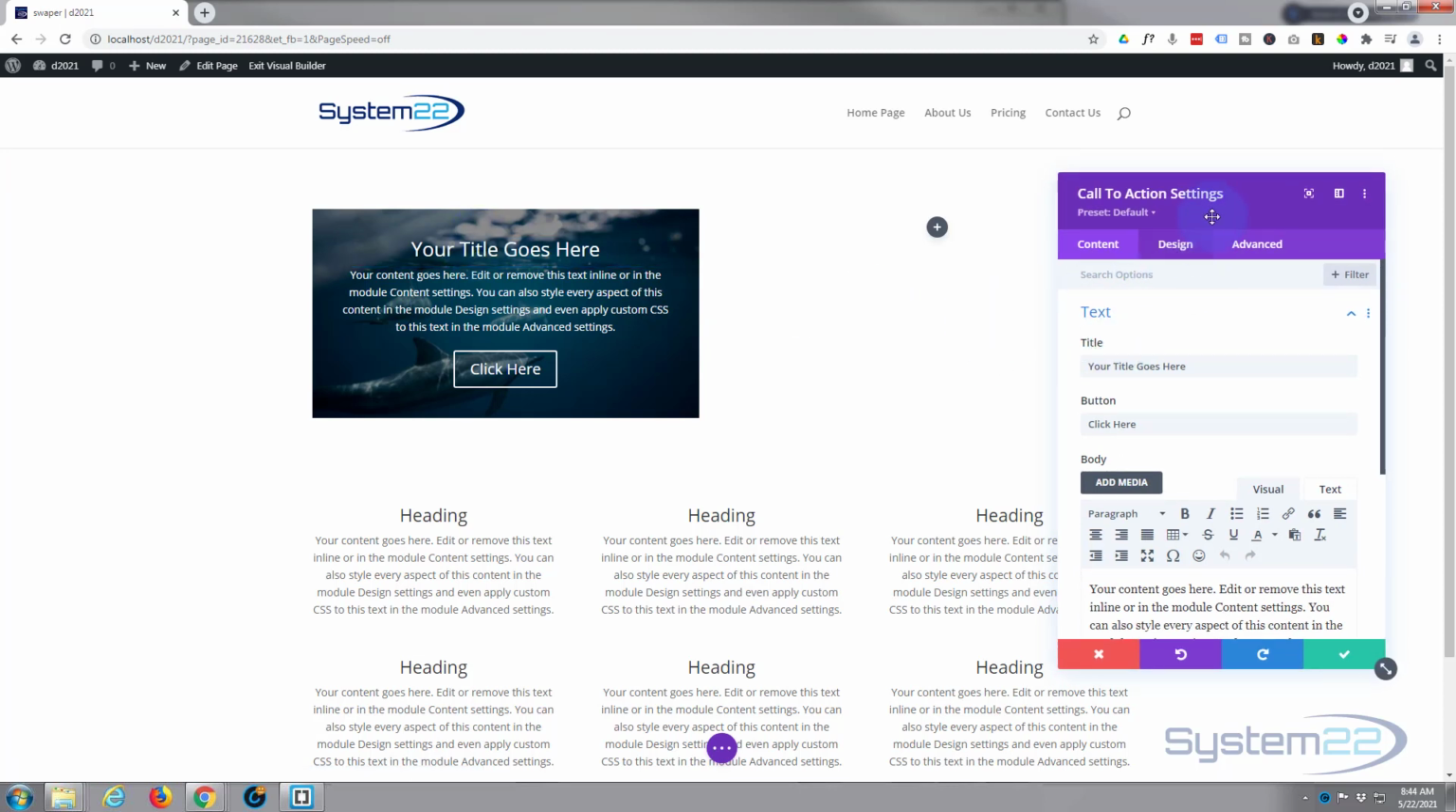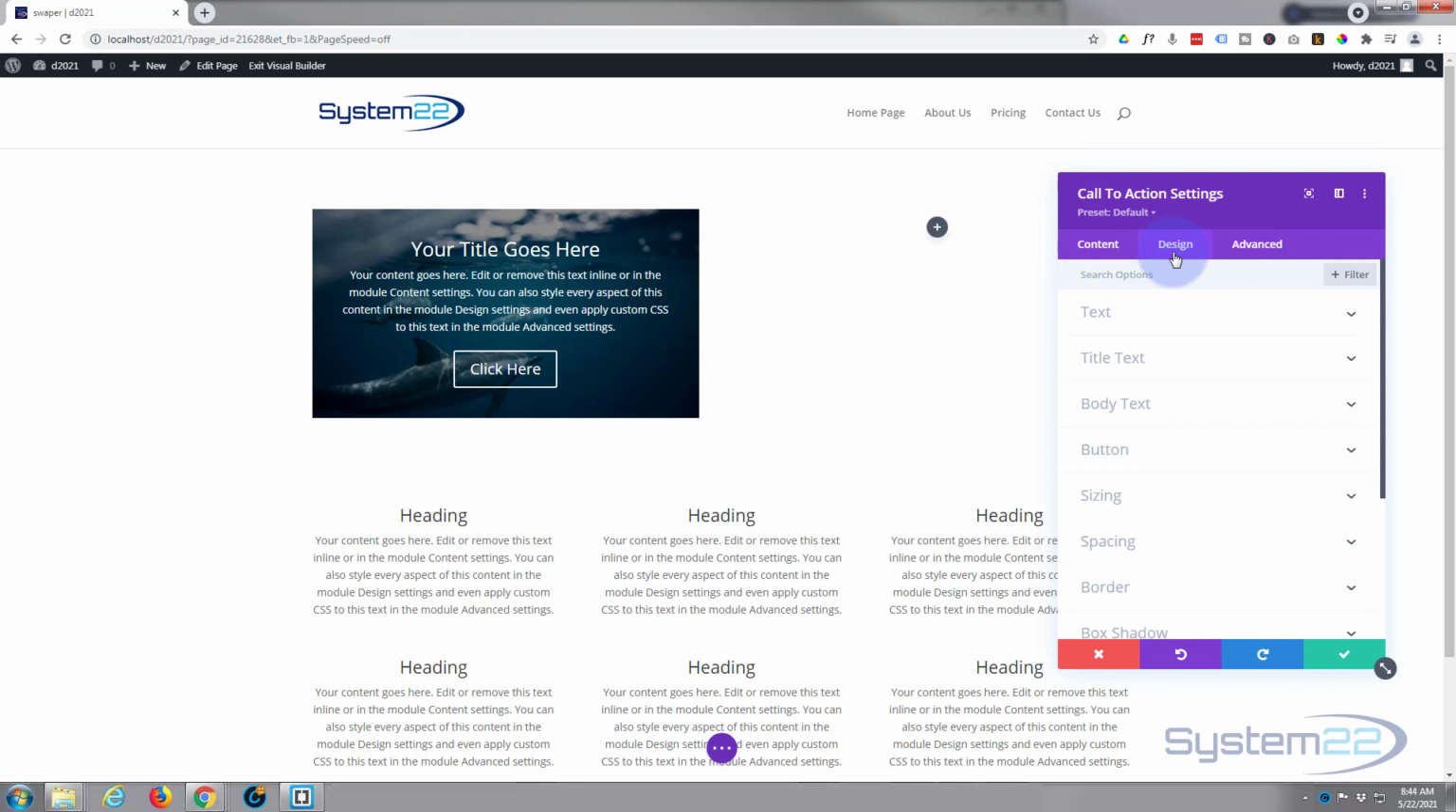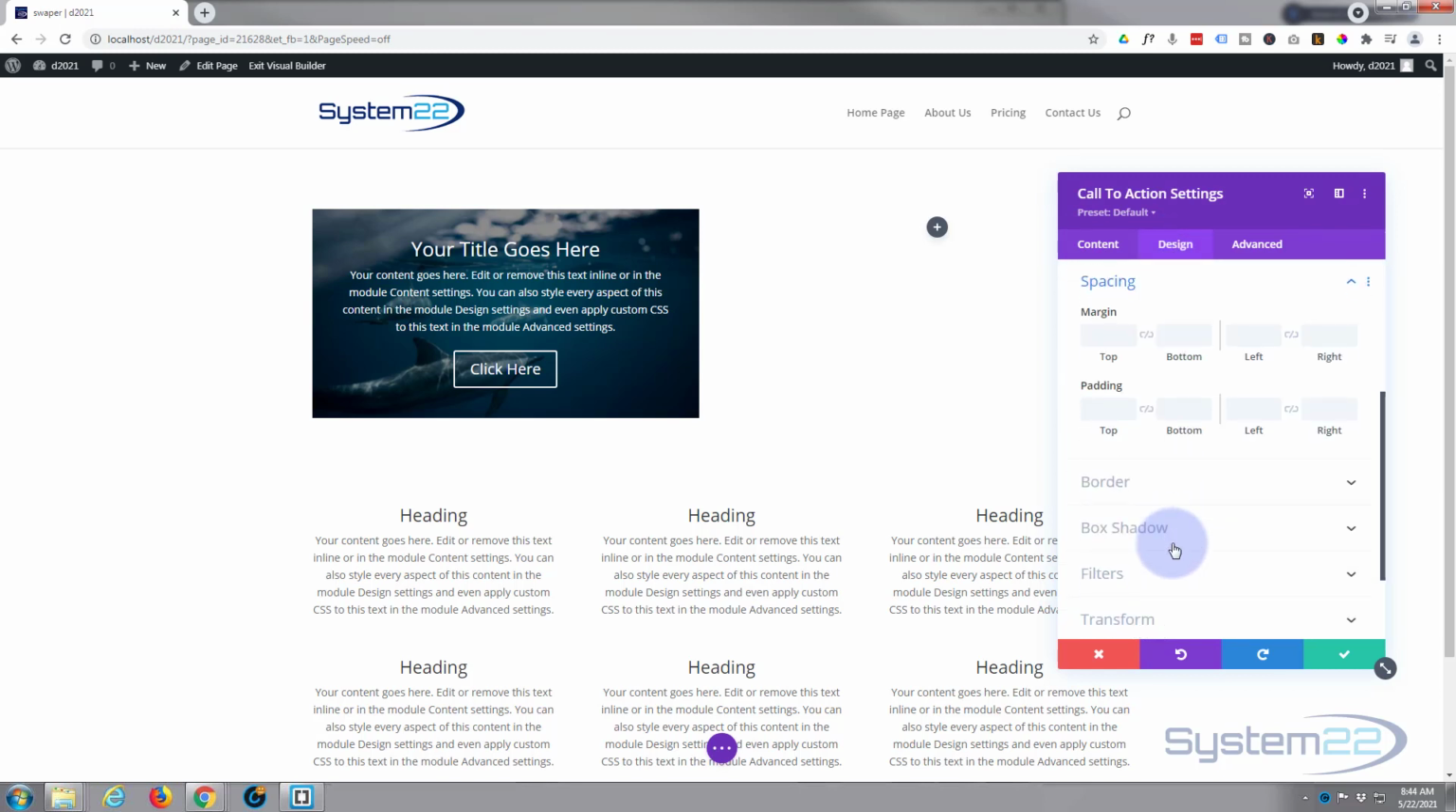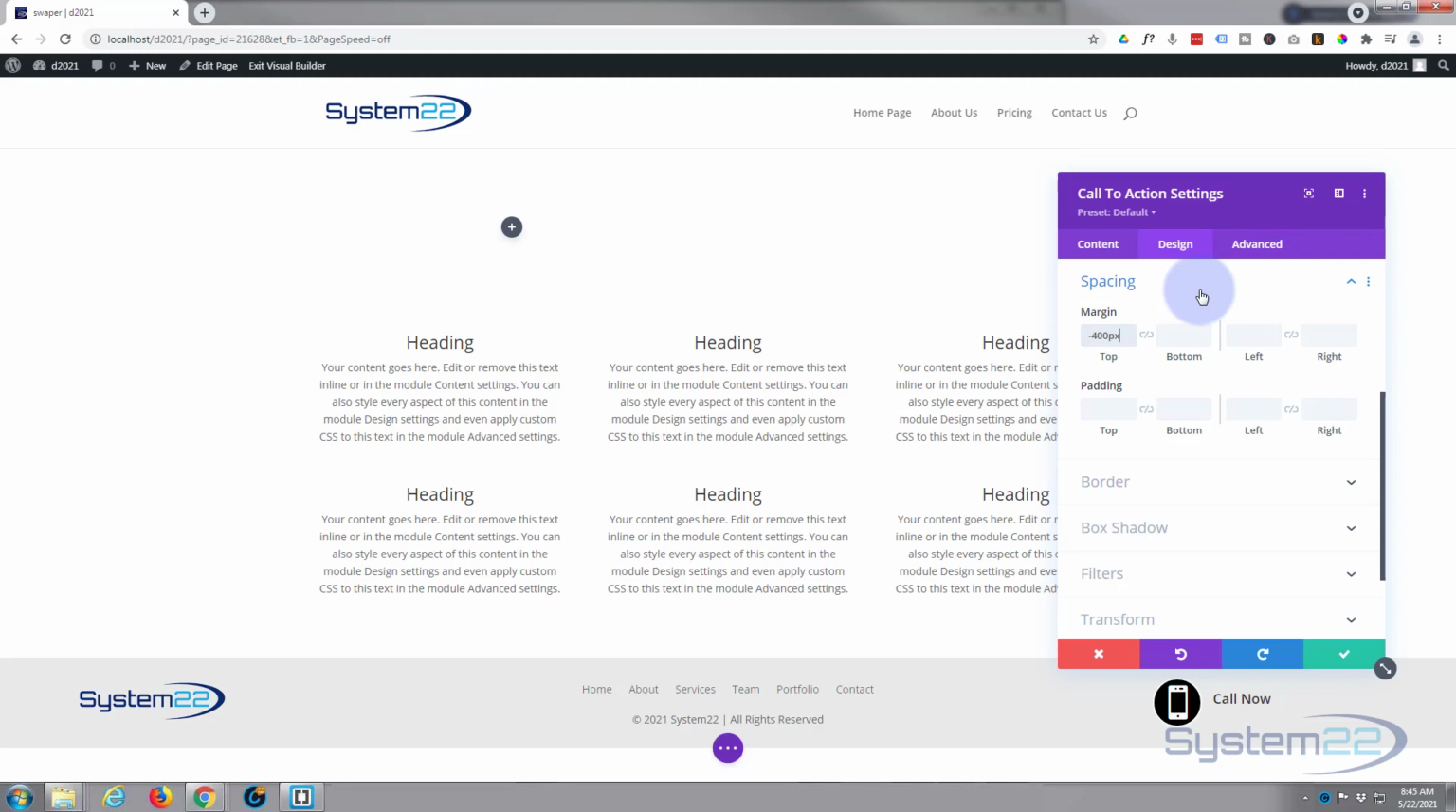Now, what do we want it to do? I want to shoot it up to the top there, so I'm going to go over to Design. I'm going to go down to Spacing. And I'm going to give it a margin on top of negative, let's give it negative 400. And that'll shoot it way up the top there. As you can see, it's disappeared, but so is our background,